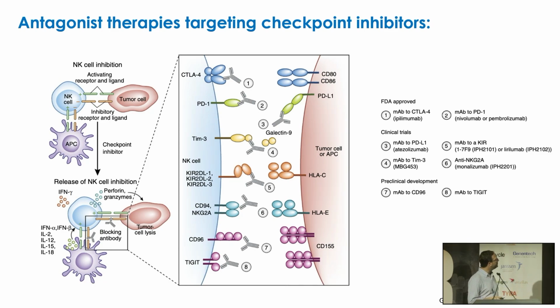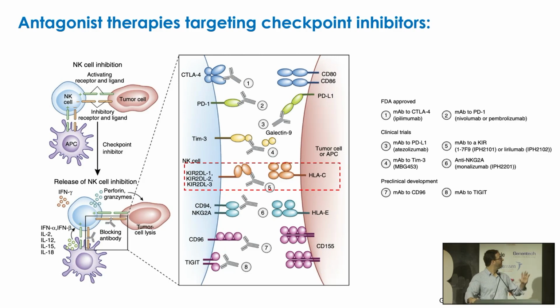So we all know the landscape of checkpoint blockade therapies. This is just a list summarizing some of the major targets, but considering that these targets, while we appreciate them mostly around T cell biology, they really are very dynamically expressed as well by NK cells. And so what Neelam was discussing before in terms of the KIR biology, these are receptors. It stands for killer cell immunoglobulin-like receptors. There's 14 unique genes, and they all have their own alleles, and collectively, an individual can have anywhere from 4 to 20 of these genes. So there's tons of diversity on the human population level, and it's in fact the second most polymorphic gene family, second only to HLA, and it's encoding proteins that